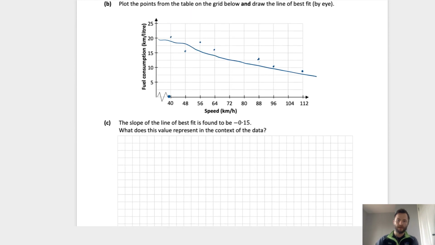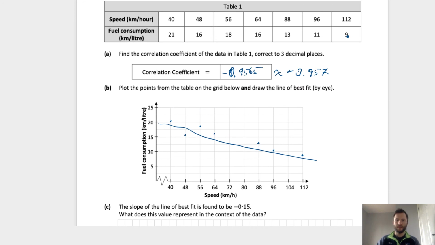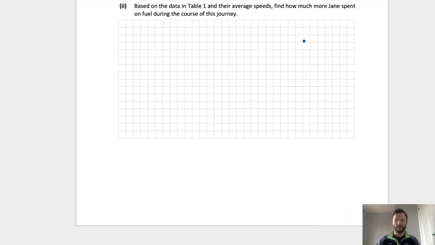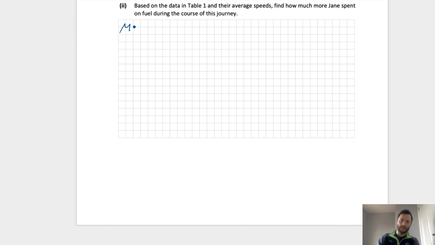Based on this table, Jane is traveling 9 kilometers for each liter of fuel she burns, and Mary is traveling 11 kilometers for each liter of fuel she uses. So Mary is traveling at 96, and she travels 11 kilometers per liter. And then Jane